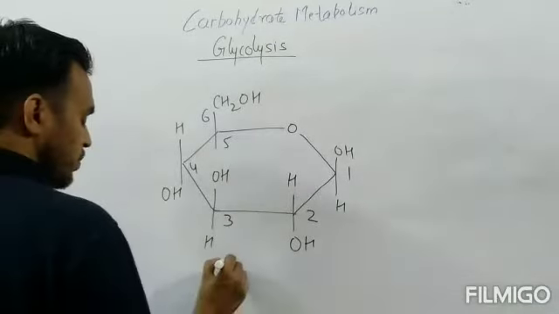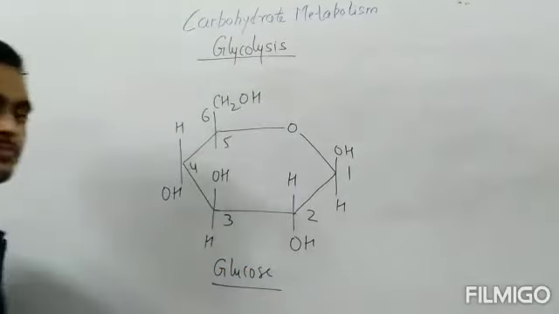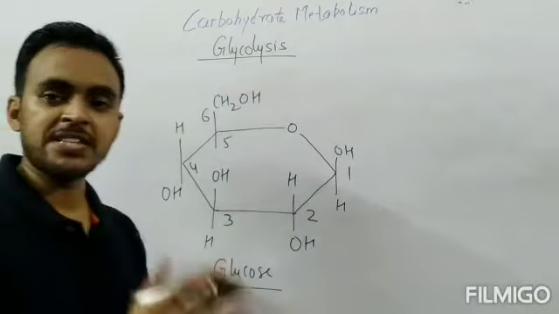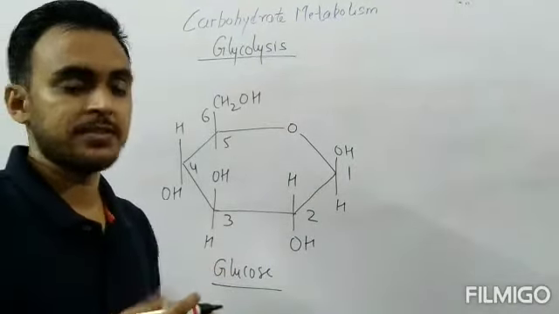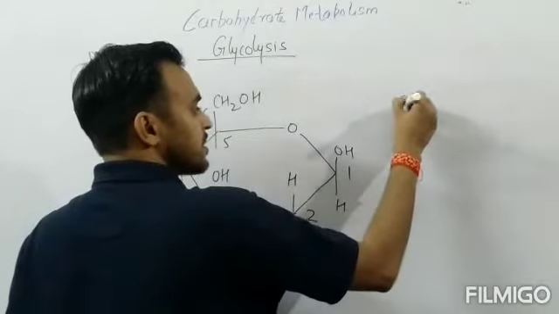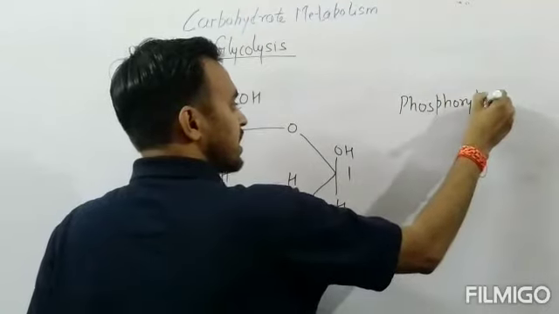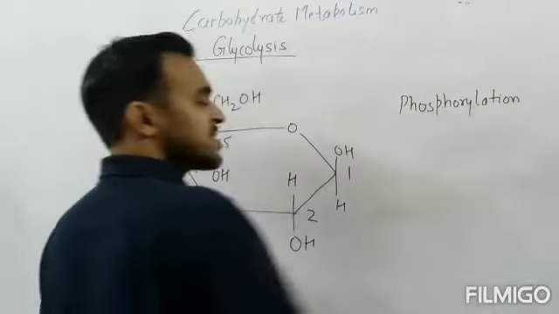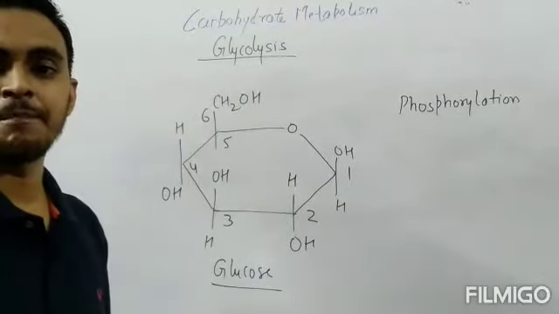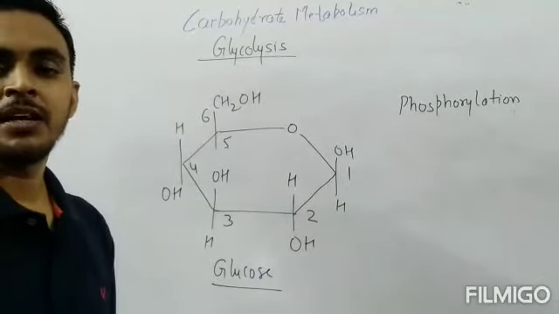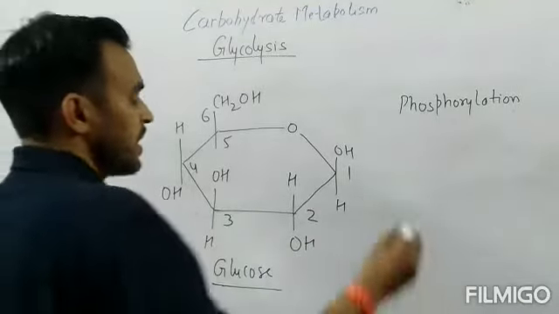This is glucose. In the first step, phosphorylation of glucose takes place. The type of reaction is phosphorylation, meaning attachment of phosphorus to the 6th carbon atom, and this phosphorus is given by the ATP molecule,